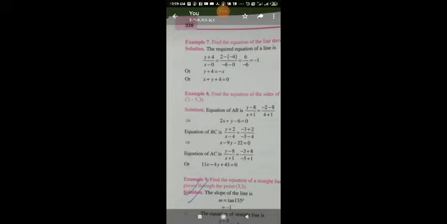In the same way, you have to find the line BC. B is treated as (x1, y1) and C is treated as (x2, y2), and putting in the same formula, you get (y - y1)/(x - x1) = (y2 - y1)/(x2 - x1). After cross multiplying and transferring all terms to the left hand side, we get the equation x - 9y - 22 = 0.